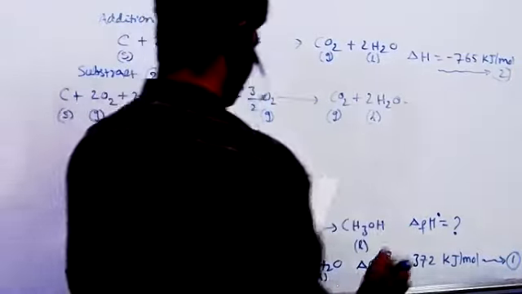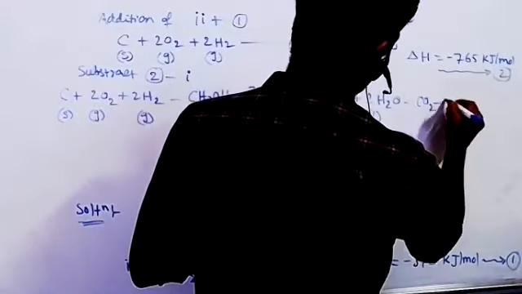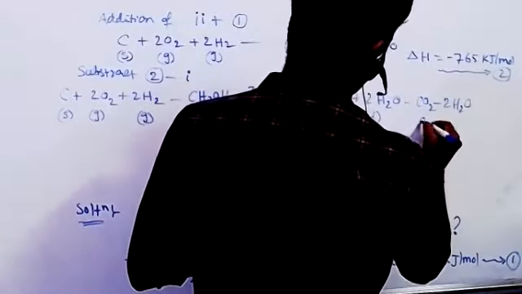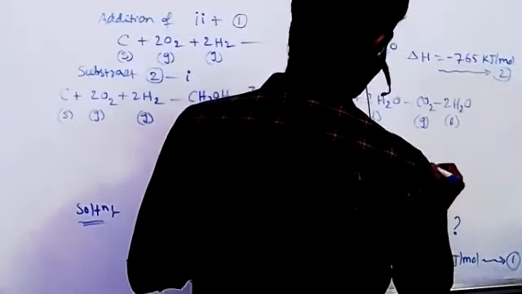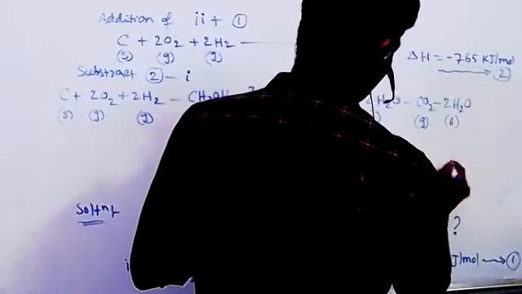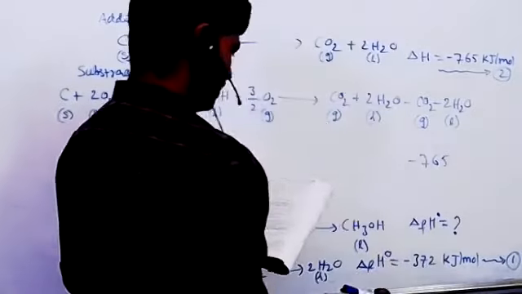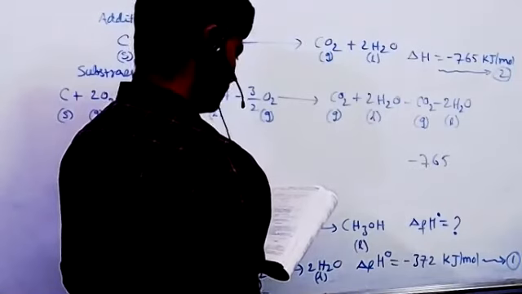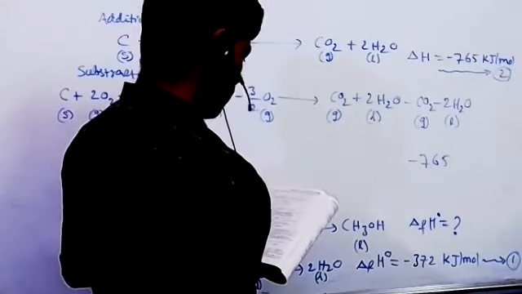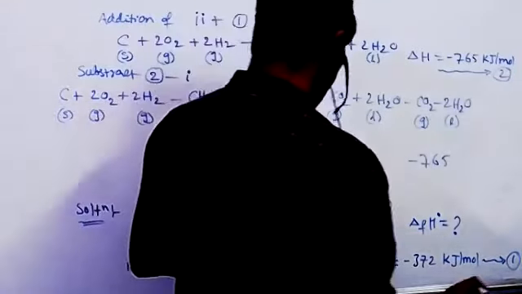So the enthalpy is this minus that value, so minus 765, and it becomes minus